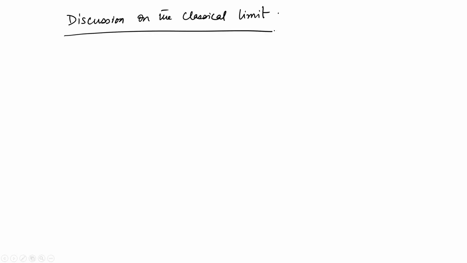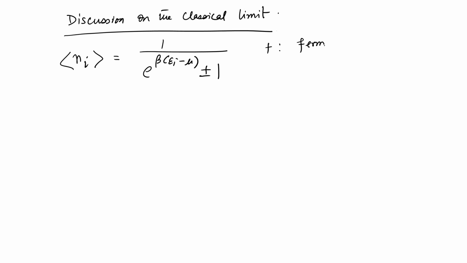And what is the classical limit? So, we write it down once again for the quantum distribution. We do not need to write down the Maxwell-Boltzmann, we will write only Bose-Einstein and Fermi-Dirac, which is 1 over e to the power beta (epsilon_i minus mu) plus or minus 1. We know the plus sign is for fermions and minus is for bosons. Okay. So, this is the distribution, the average number of particles. So, at low temperature or large beta, what happens? For fermions,